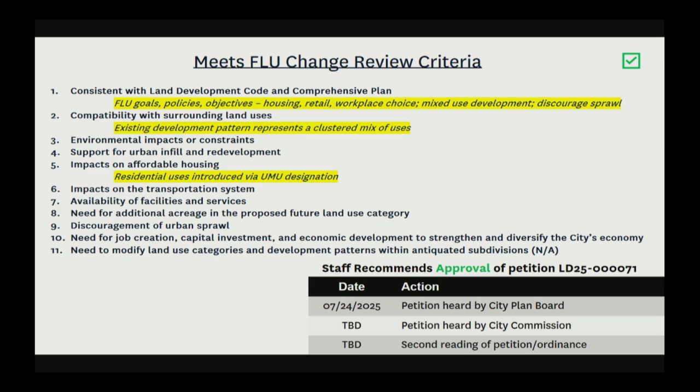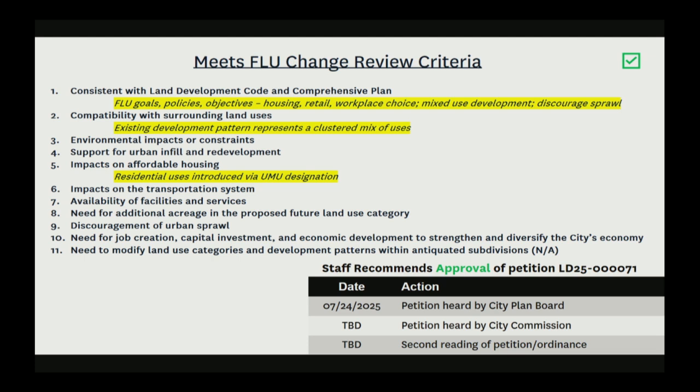When staff review future land use changes, we have specific criteria that we're required to review against. Staff have reviewed those criteria, which are shown here, and found that this request does meet the designated criteria established within the Land Development Code and Comprehensive Plan. Specifically, the future land use goals, policies, and objectives are met regarding diversity of choices in housing, retail, and workplaces, our incentive and requirement to establish mixed-use development in specific areas across the city and discourage sprawl and encourage compact